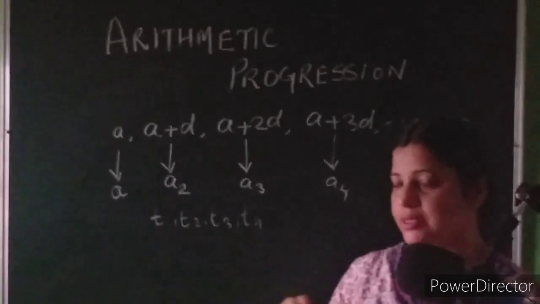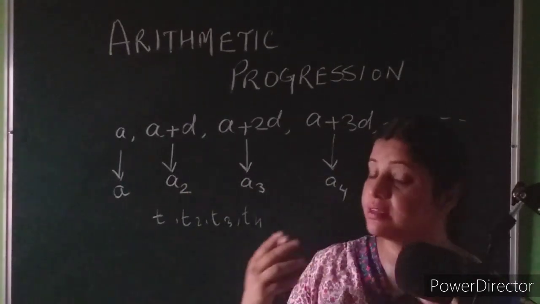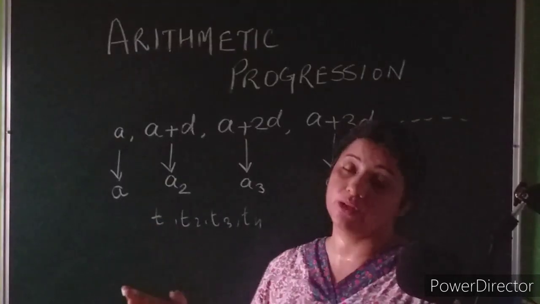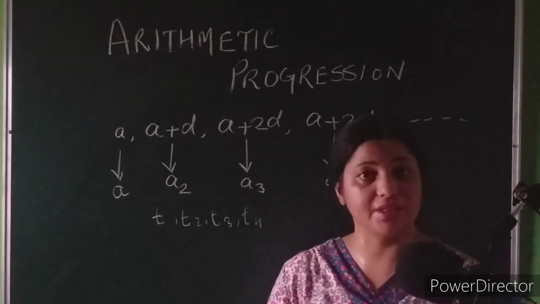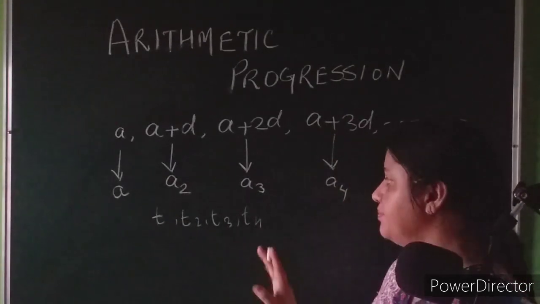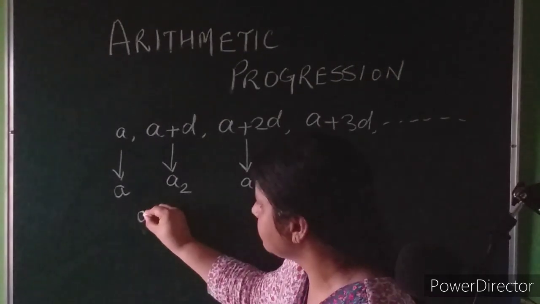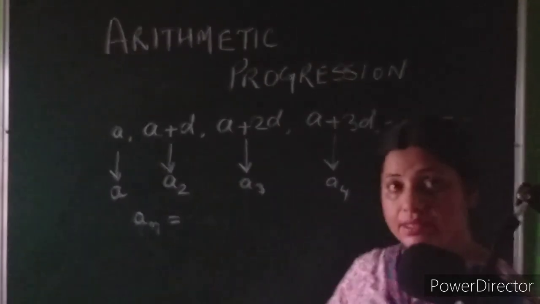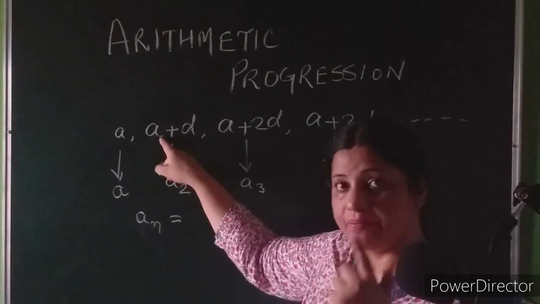The general term is the nth term. It is the first term, second term, third term, fourth term. We can find the 50th term, we can find the 100th term, we can find the 1000th term. In the same line only, let's try to find the nth term of this sequence. For that, I will write the nth term as an, where in the foot, I will write a small n. Let us follow the pattern in order to write the formula, right?